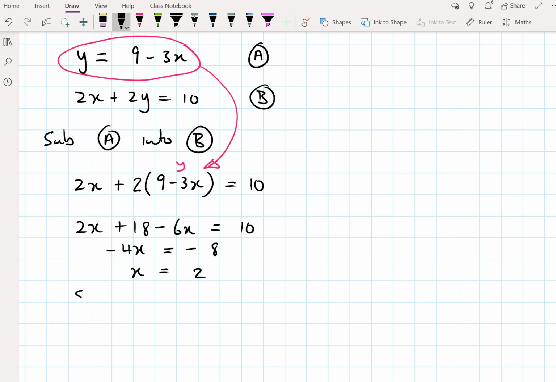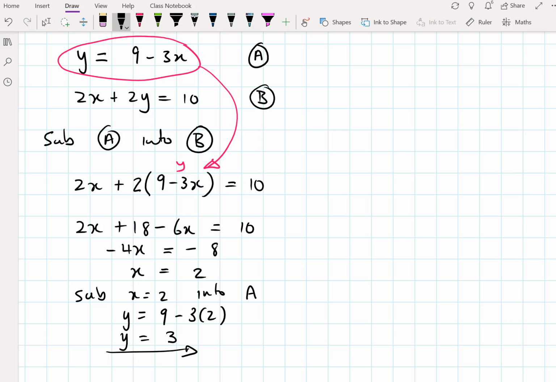In which case, if I substitute this back into equation A, then I'm going to get that y is going to be 9 minus 3 times 2. 3 times 2 is 6, so this is simply going to leave me with the answer y is equal to 3. So that's one way in which I can do this, solving it